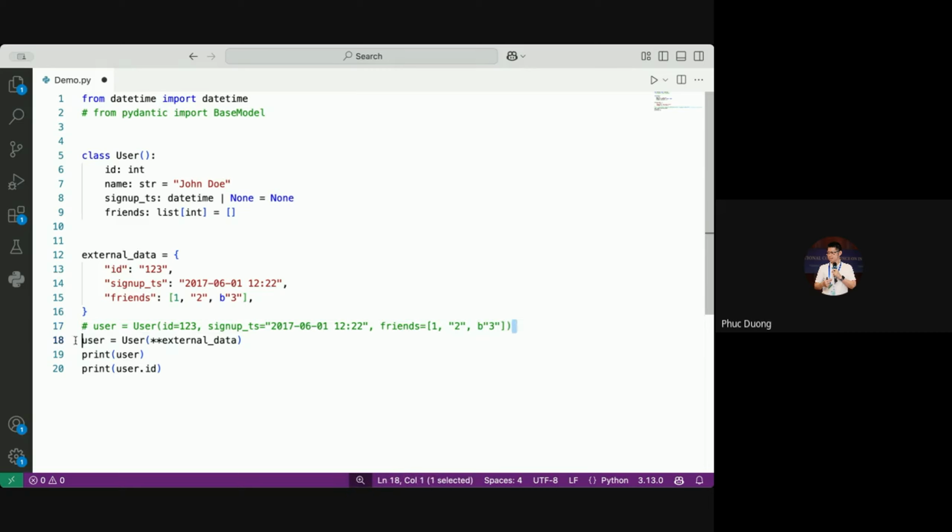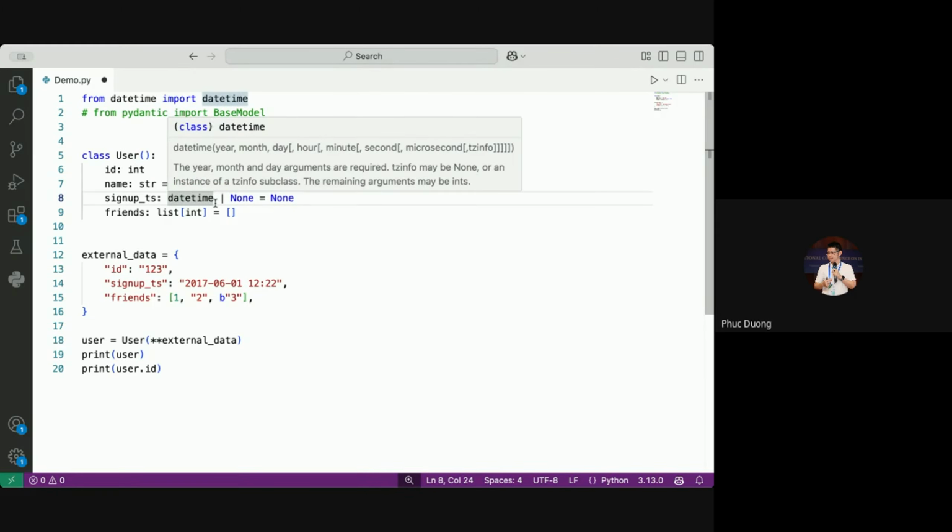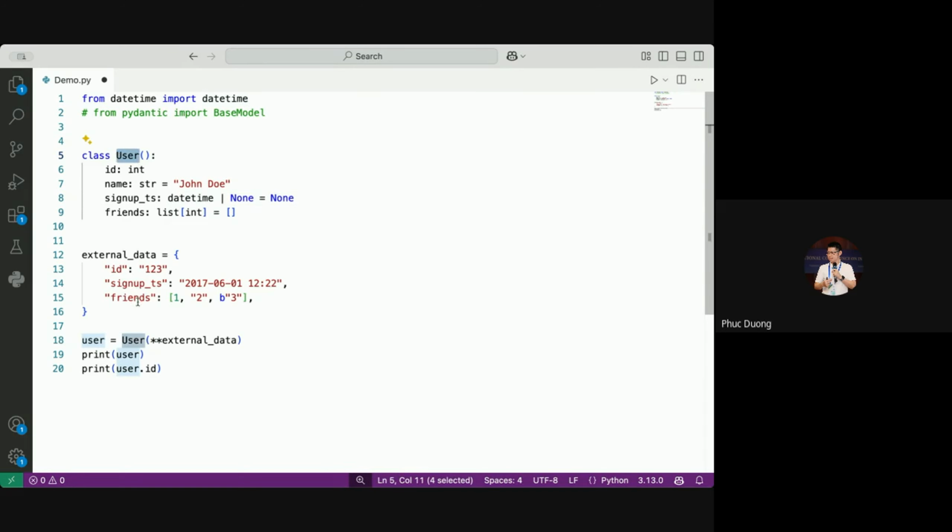Okay. So to understand the power of the Pydantic model, I think you should perform 2 steps. The first one, don't use Pydantic. So just program a User class and input each instance to the class by yourself. Okay, like this case, and then you employ the Pydantic model.